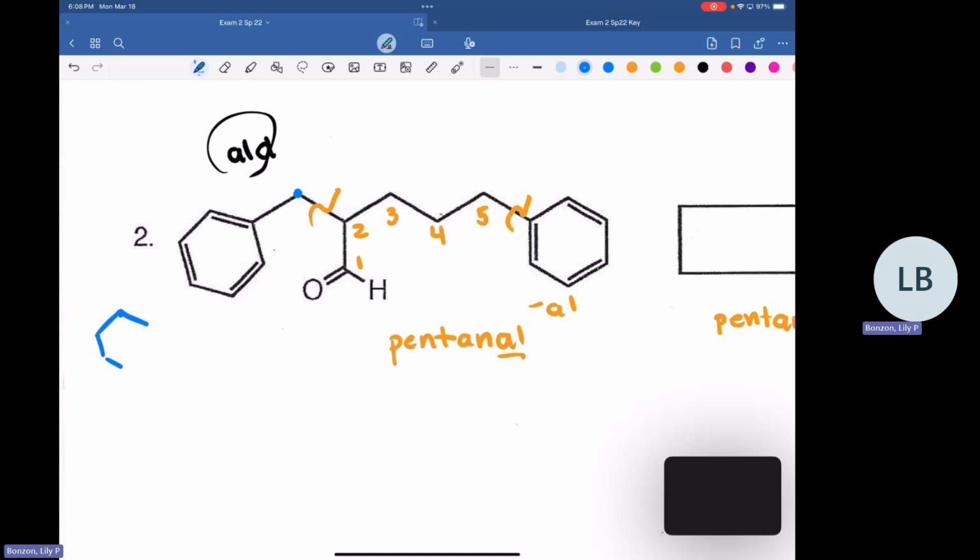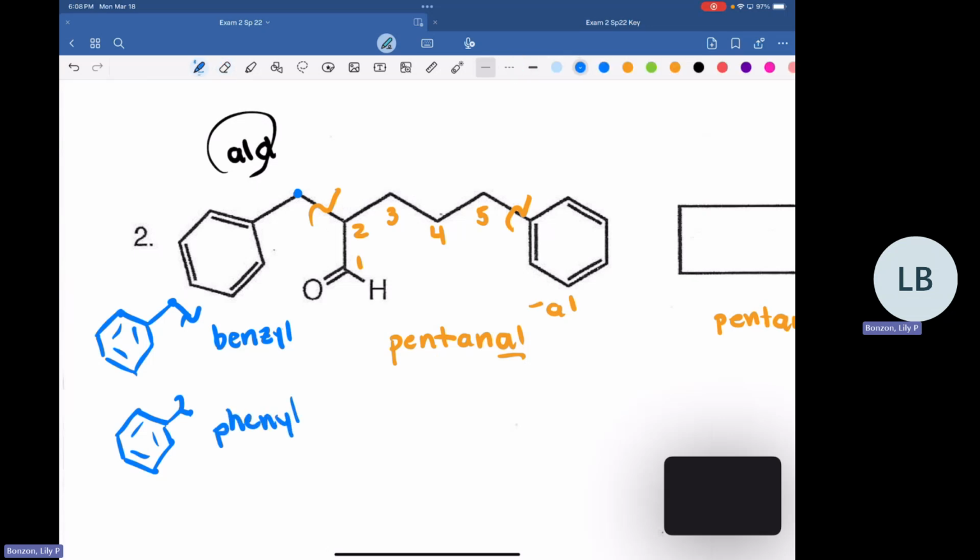So whenever we have benzene as a substituent, we have 2 options. If it has this extra carbon group, and then it's connected to the ring, this is going to be benzyl. Or we could have the benzene directly attached to the chain, and that's going to be phenyl. So these look very similar. Definitely do a lot of practice with these two because it is a very important distinction to make. But those are going to be the substituent names for a benzene substituent.